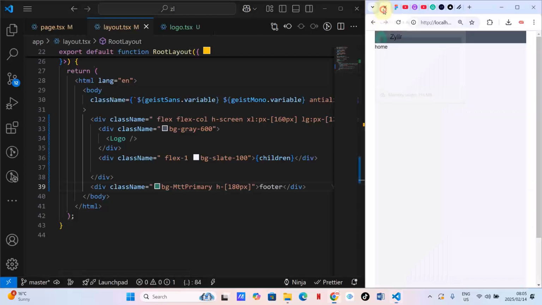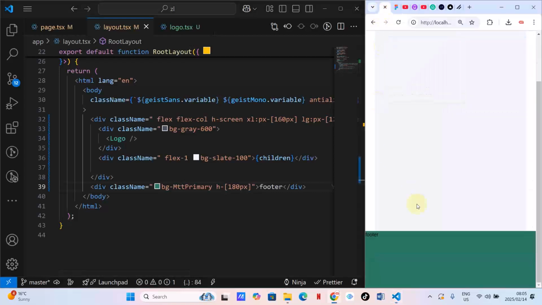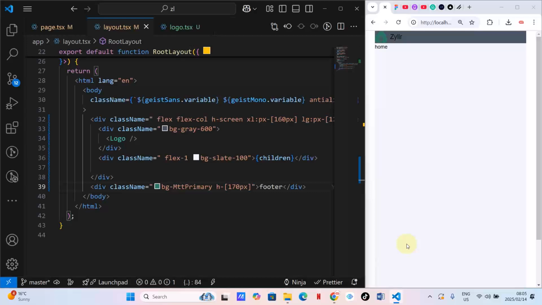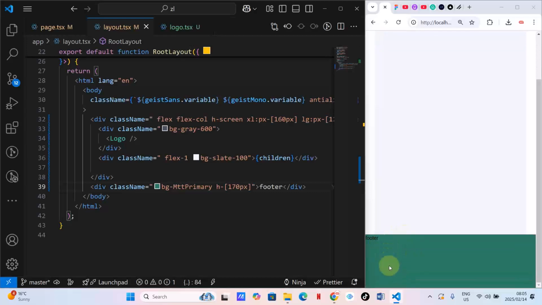Okay, let's go back here and let's check. I think I like this. Okay, 170 will do, because 180 looks like it's too big. As you can see, guys, now what we want to do, we want this footer to always be on the visible